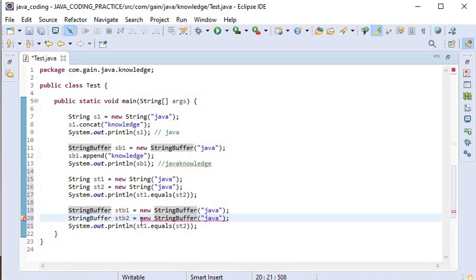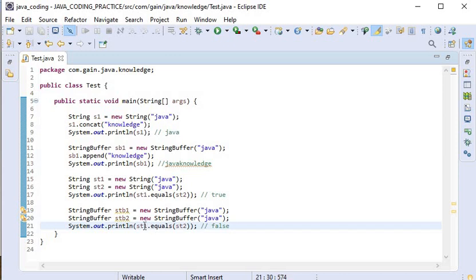Now I will run this application. The output will be true for String because its equals method is used for content comparison. Here the contents are the same but the objects are different, so StringBuffer will return false.